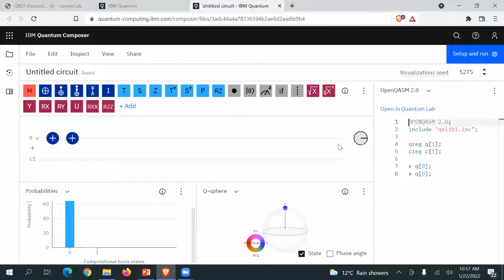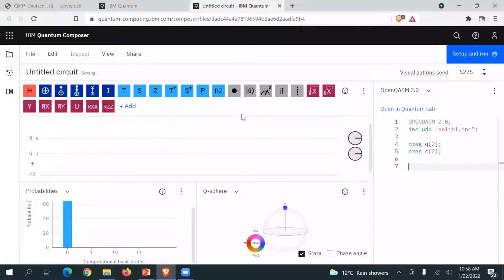In a similar way, if you make it a two qubit scenario, you can see that I can put a CNOT gate. A CNOT gate is a gate where the input of one decides the output of the other, right? So the output of qubit 1 is dependent on the output of qubit 0. So this is just an idea to give you that we do have this platform where you could go and